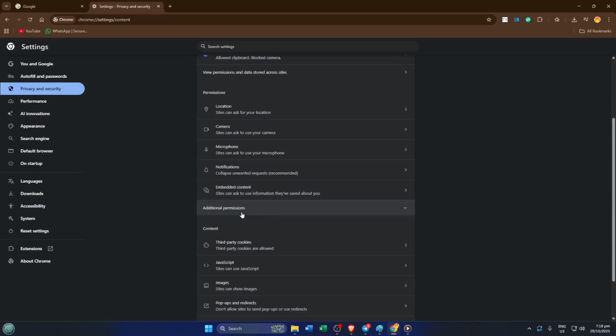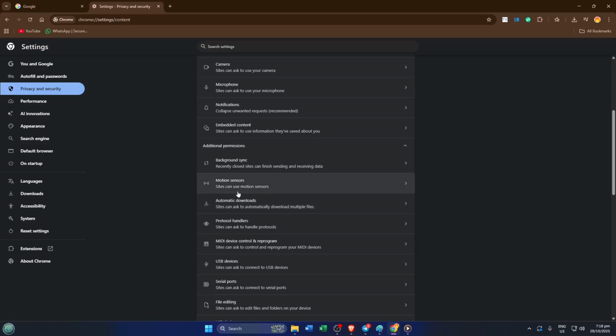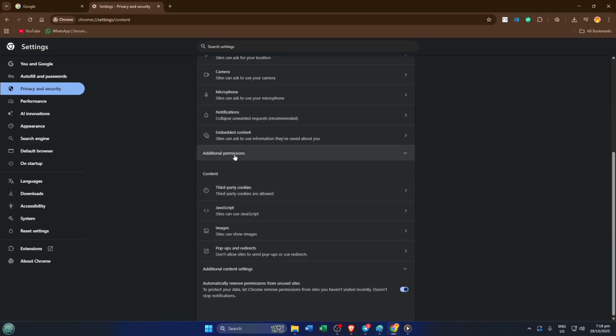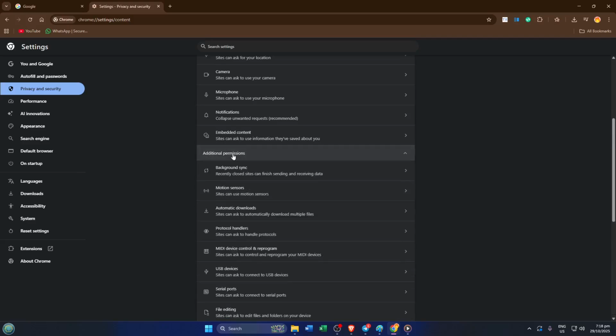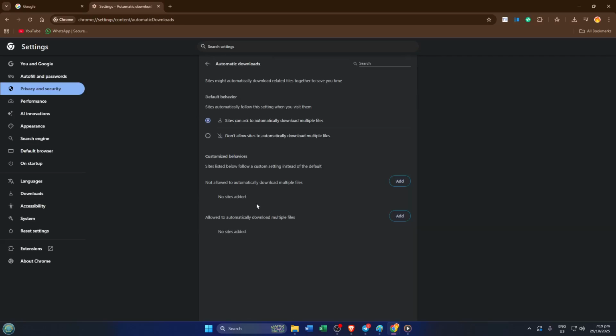This part lets you decide if websites are allowed to download multiple files one after another without always asking you. For more control and less hassle, select Don't allow sites to automatically download multiple files. This won't solve every download issue, but it does give you a way to prevent sites from flooding your computer with unwanted files, while still letting you approve downloads one by one. And that's it. You've now seen several ways to get around Chrome blocking your files, with the right mix of